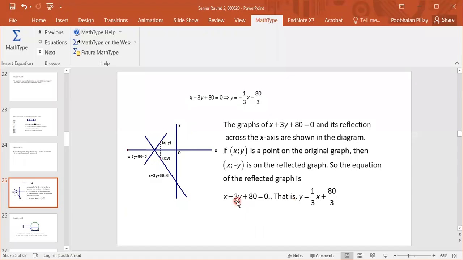You have to write this as y equals mx plus b. So you make y the subject, you get 3y equals x plus 80. If you take it to the other side, therefore y is x plus 80 divided by 3. That's what you got here. Divide it by 3, the x is divided by 3, and the 80 is divided by 3. And you got y equals 1/3 x plus 80 over 3. And therefore, your m value in the problem is 1/3, and the b value is 80 over 3. And you need to calculate m plus b,